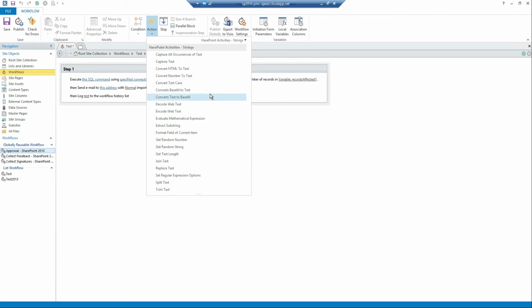Strings is the third freeware category. It provides a set of basic actions to work with strings. Still, they are very important. You can extract substring. You can join text from array. So if you have an array, you can join it into text, or you can split text into an array, trim text. You can do text replacement. You can do this replace text action, and